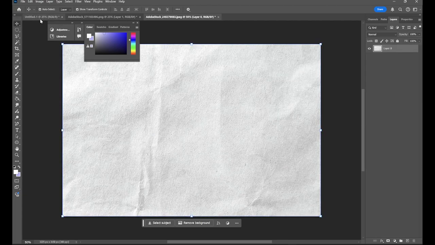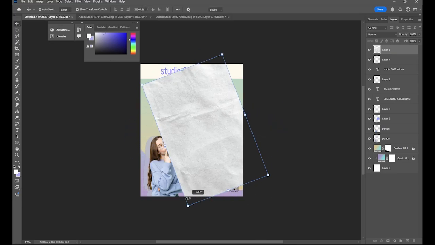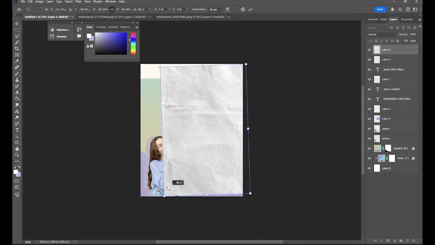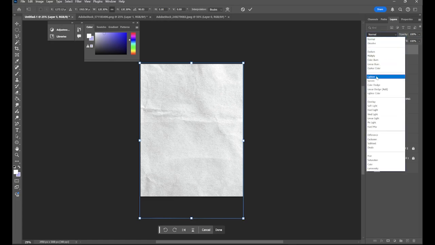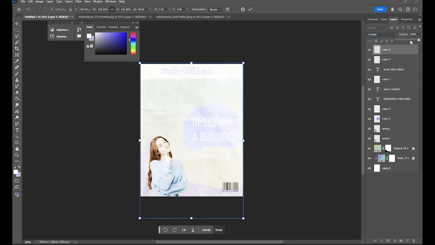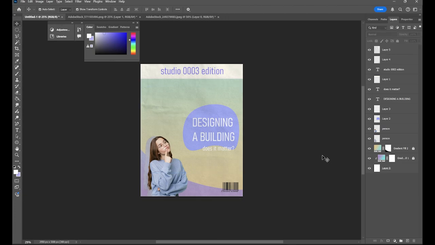The next thing I'm going to do is add in that real paper feel. So I'm going to copy and paste a crumpled up paper, go to layer, and set it also to overlay and adjust the opacity of it. Of course, if that behavior doesn't work out, then I would probably also try multiply. And so now you can faintly see that paper feel, and I added in a fake barcode to really give that look of a textbook.